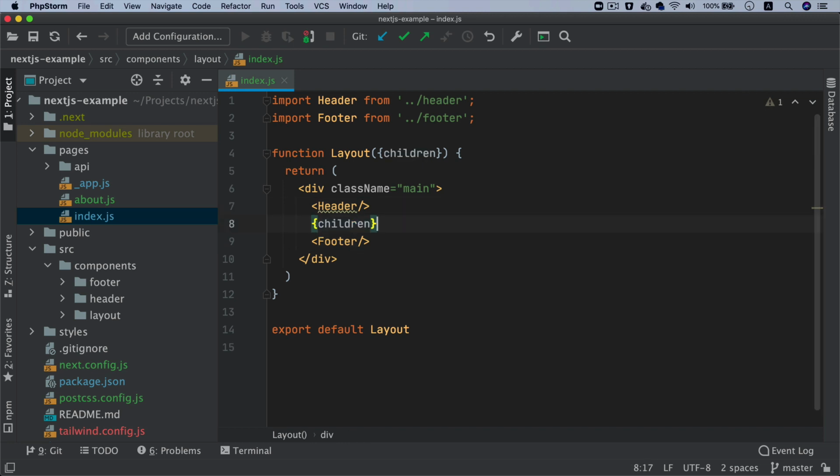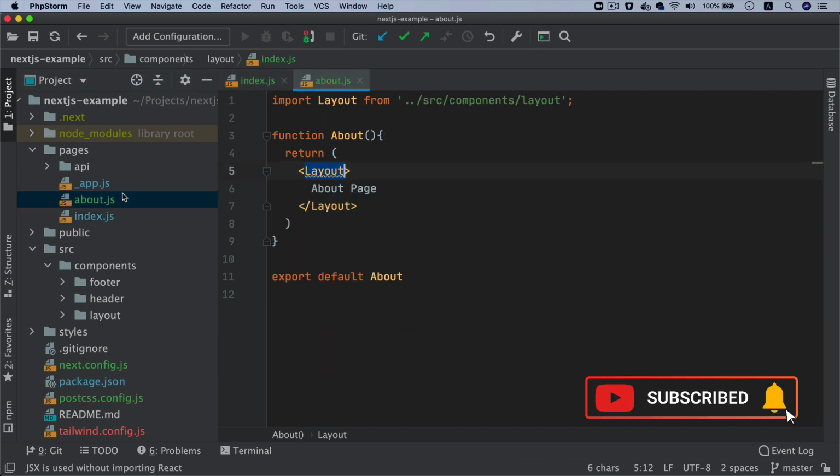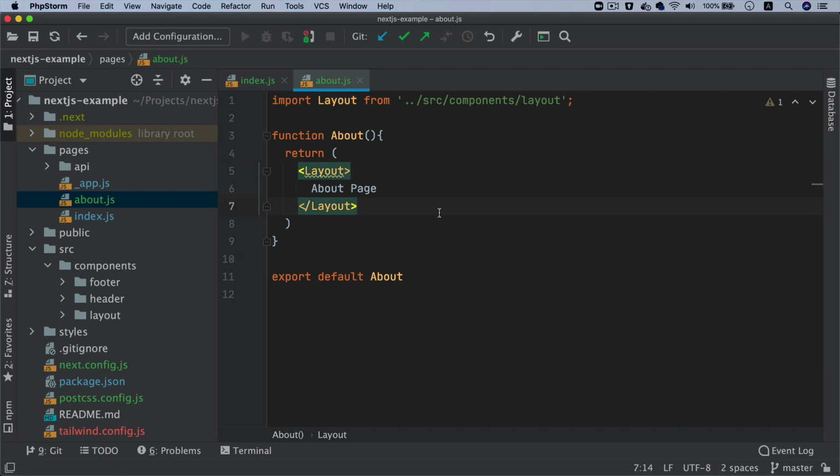So you get the idea that what's the benefit of using layout? By using layout, I don't have to rework. I don't have to write this piece of code everywhere on all the pages because I'm going to need the header and footer everywhere anyways. So why am I supposed to write it? Why I have to do copy paste? So that's the advantage of layout. So I created a component that I can reuse elsewhere.